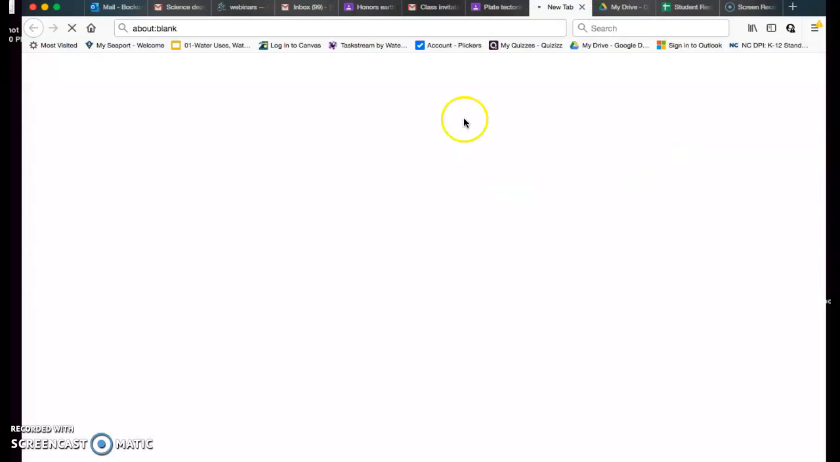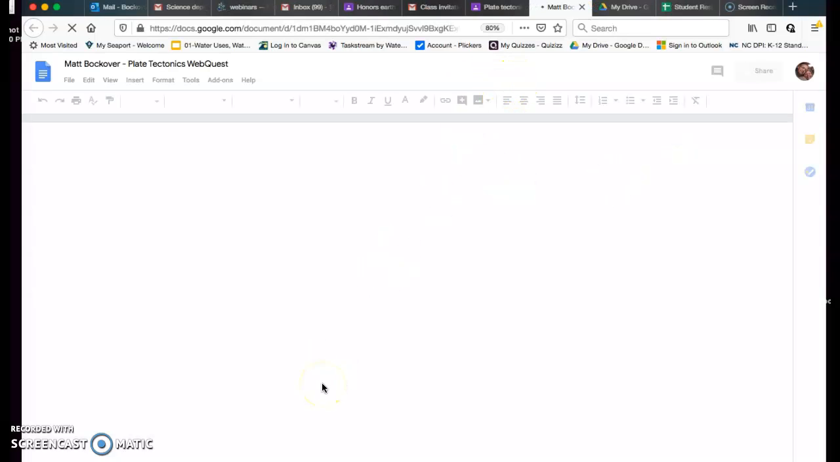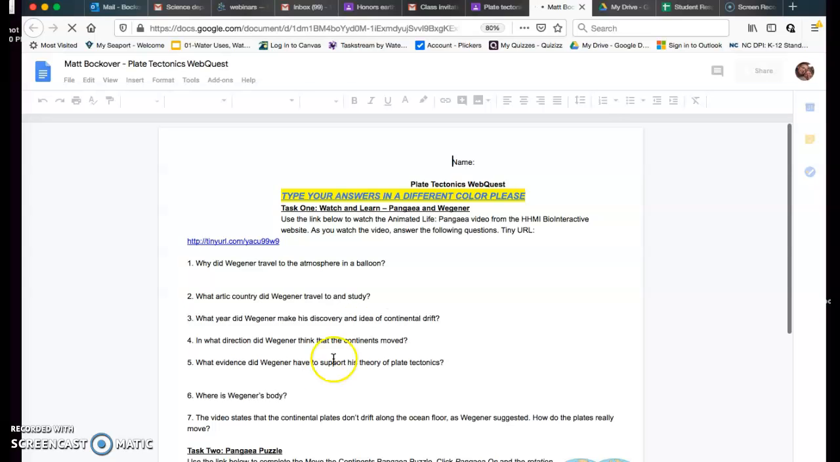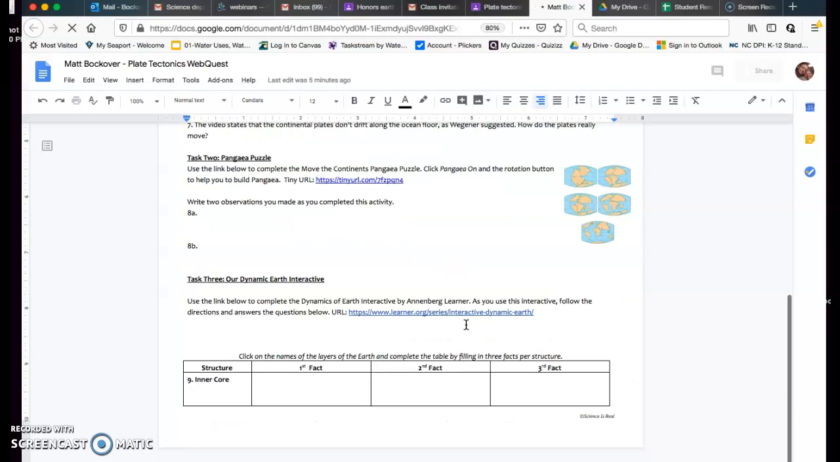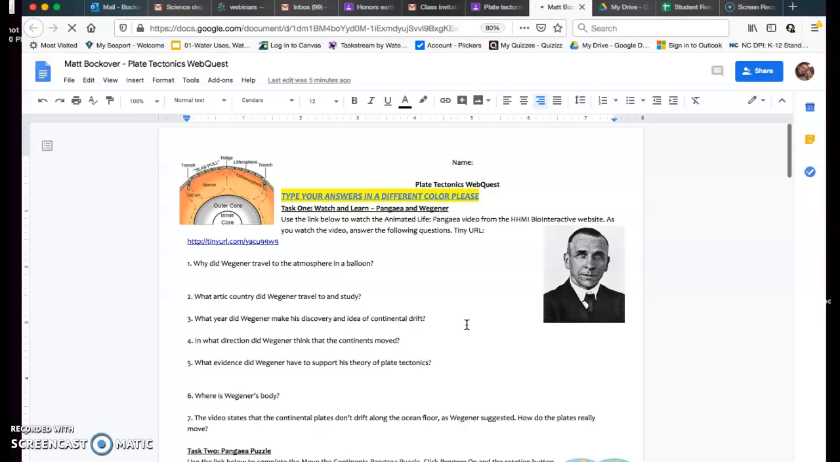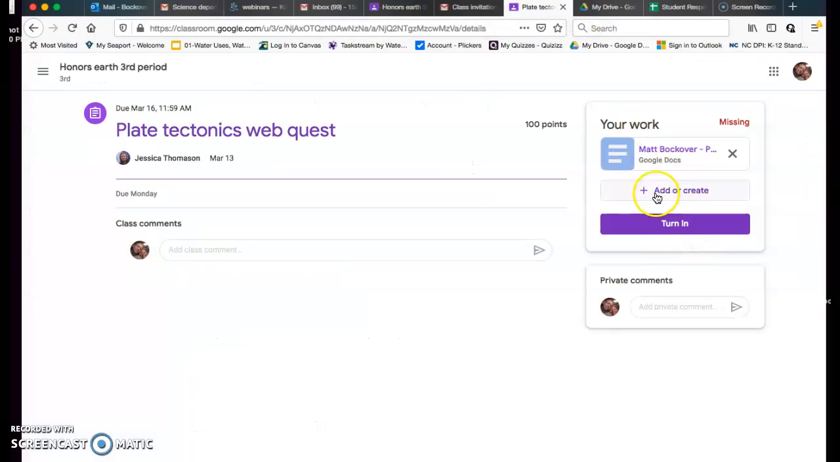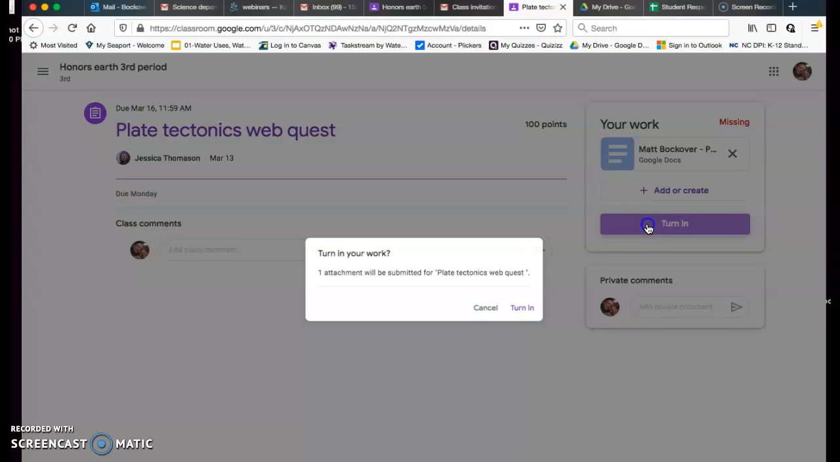Make sure this is the correct document so we can open it up, see our copy of it. In this case, I obviously didn't do the web quest. Make sure everything's there. It's just like you want it to be. And then you turn it in,